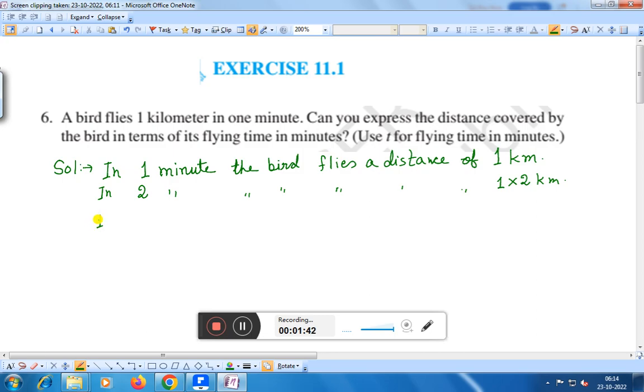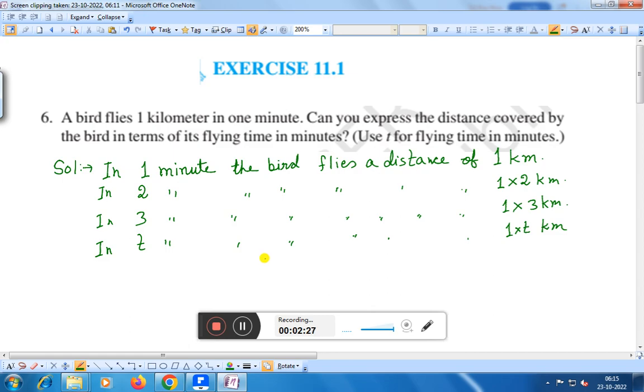In 3 minutes, the bird flies a distance of 1 into 3 kilometers. Right? In T minutes, the bird flies a distance of 1 into T kilometers,